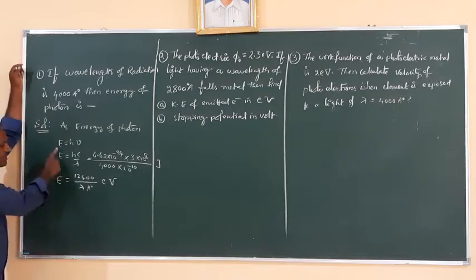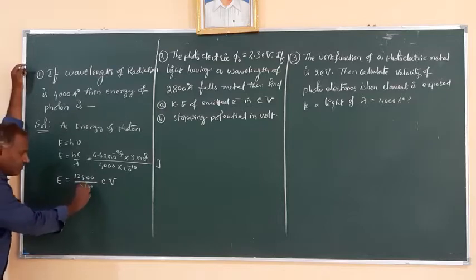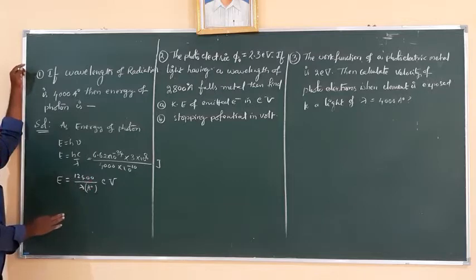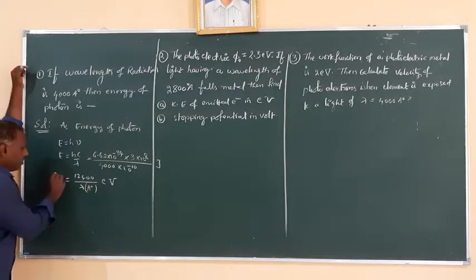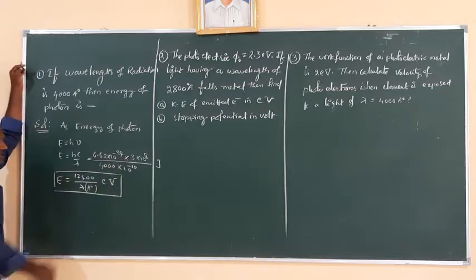So whenever the energy is to be calculated in electron volts and the wavelength is given in angstrom units, the wavelength should be in angstrom units, and to find the energy of that photon or radiation in electron volts, the value is 12,400 divided by lambda, the wavelength, which must be in angstrom units. Then the energy will be in electron volts. So this equation you have to remember. No need to simplify this, I am not doing that one.